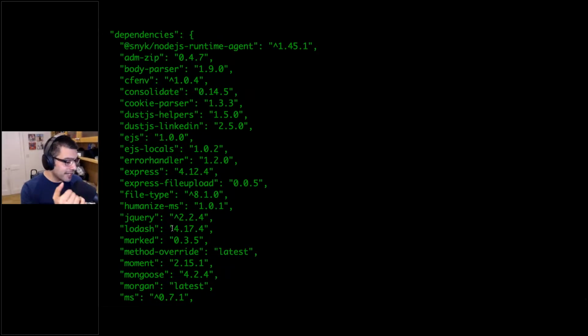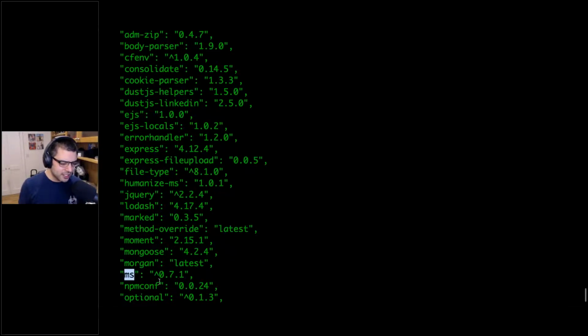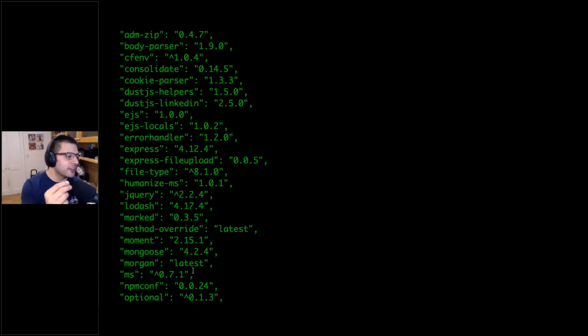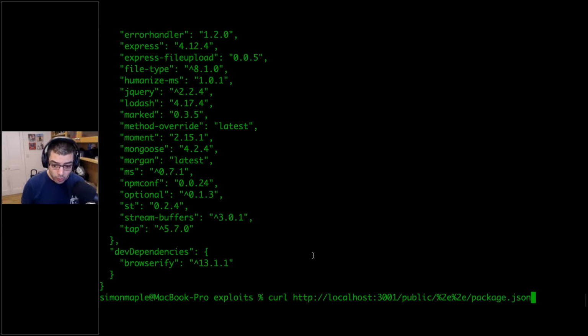As an attacker, you'll recognize, oh yes, at this version. So I think ms at this version isn't exploitable to the regular expression denial of service, but humanize-ms pulls in ms at a vulnerable version. So straight away we can find how we can start exploiting and what exploits exist. Also,